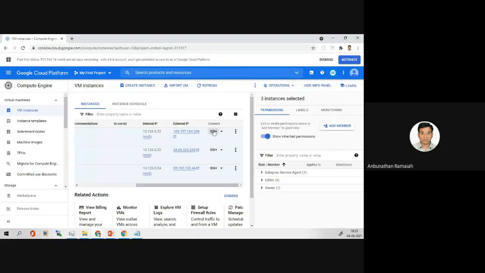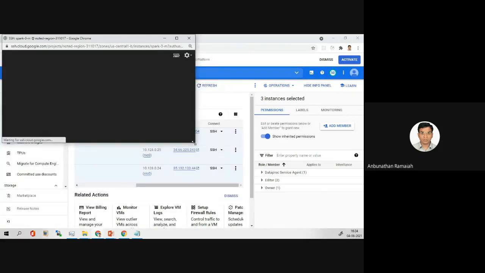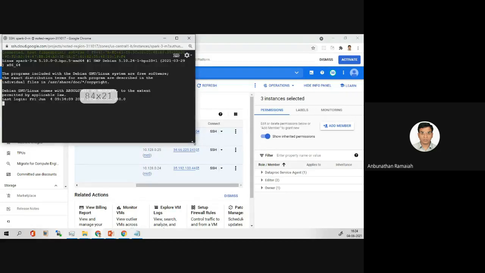So here, let me open this. Okay. So the next step is we will check system control status.